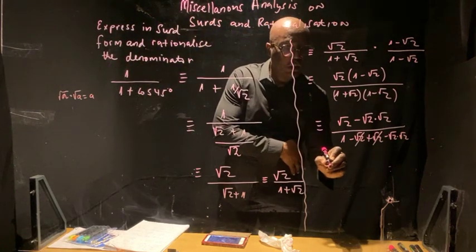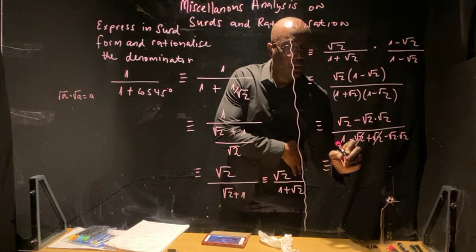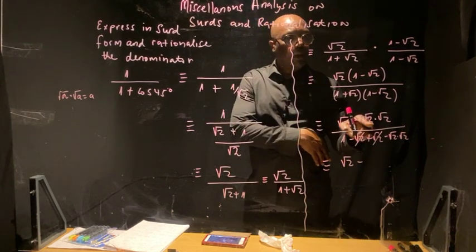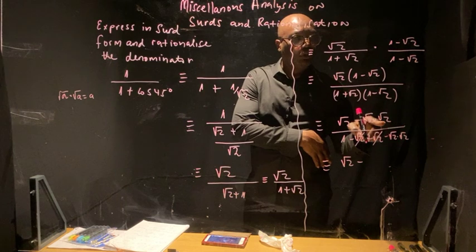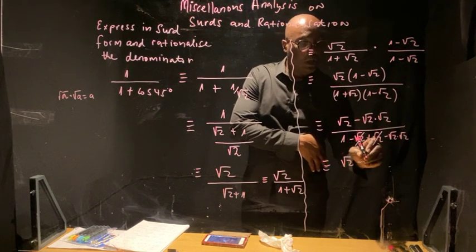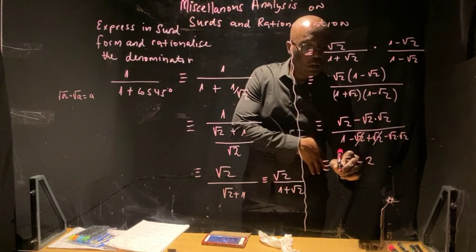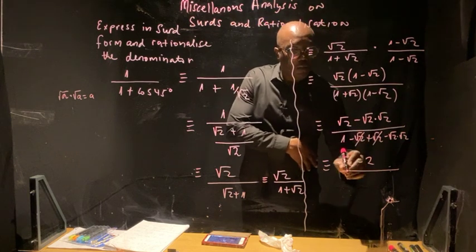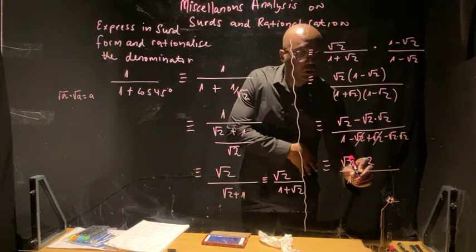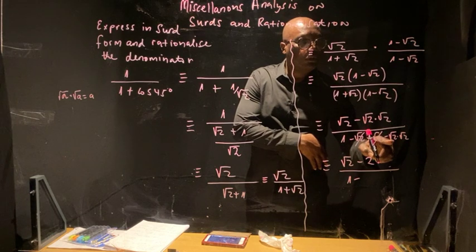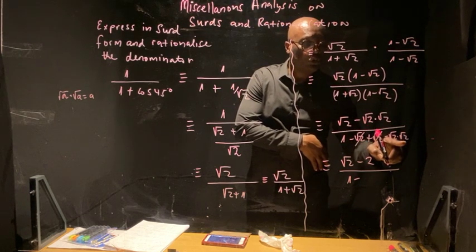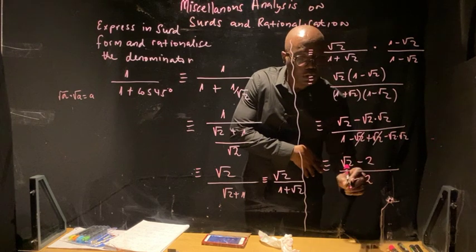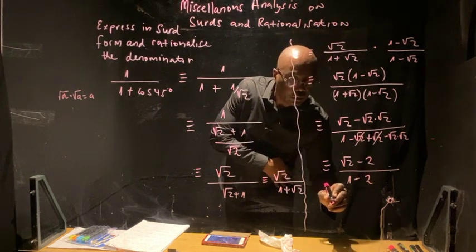So here we have root 2, and we have root 2 being multiplied to root 2. Therefore, it becomes 2. Then we have this one, 1 minus root 2 being multiplied to root 2, we have minus 2. Then it becomes